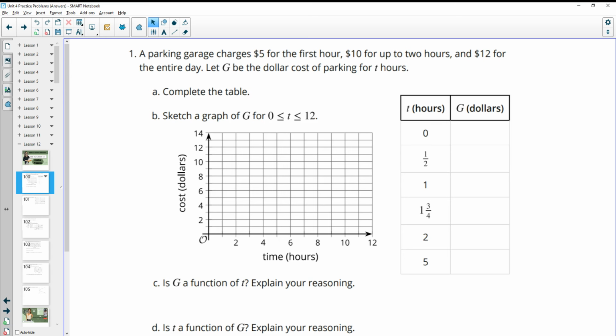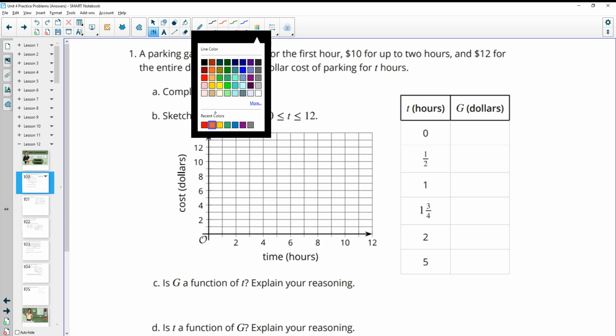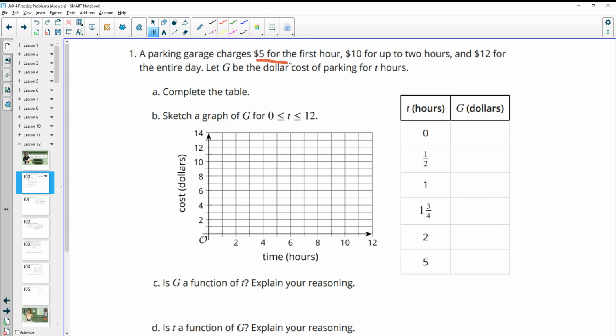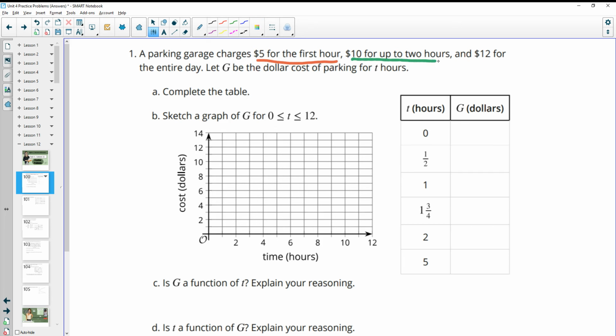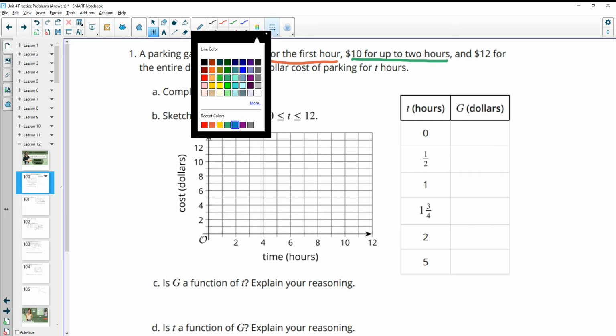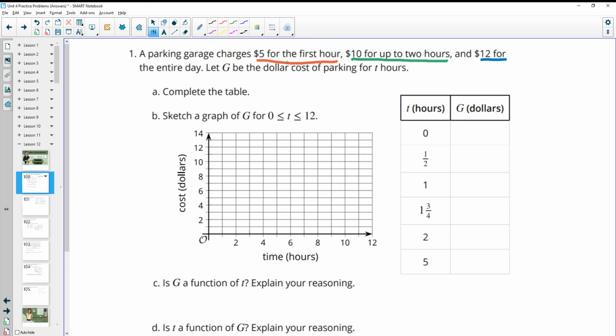Number 1 tells us that there's a parking garage that charges $5 for the first hour, $10 for up to 2 hours, and $12 for the entire day. Let G be the dollar cost of parking for T hours. So again, $5 for the first hour, $10 for between 1 and up to 2 hours, and then $12 for the entire day, so more than 2